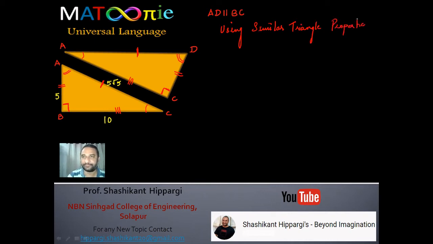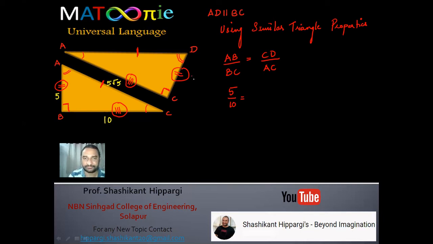what I can say is, see here, AB by BC must be equal to, I have taken this AB by BC, you need to see what is the equivalent of this. So AB is equal to CD, so this becomes CD divided by 111, which is this one. So that becomes AC. Now the value of AB is 5, the value of BC is 10, and this is equal to the value of CD. CD is what we need to find out.